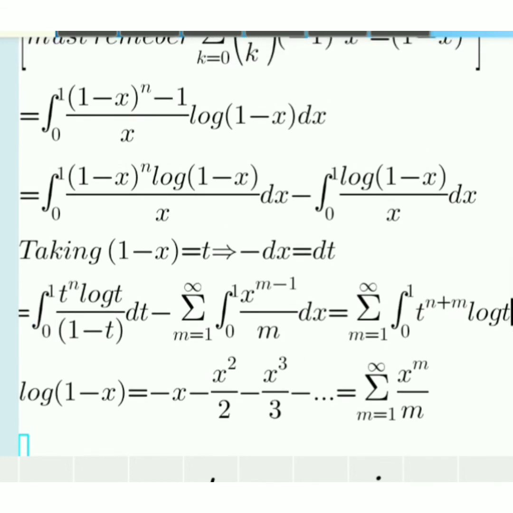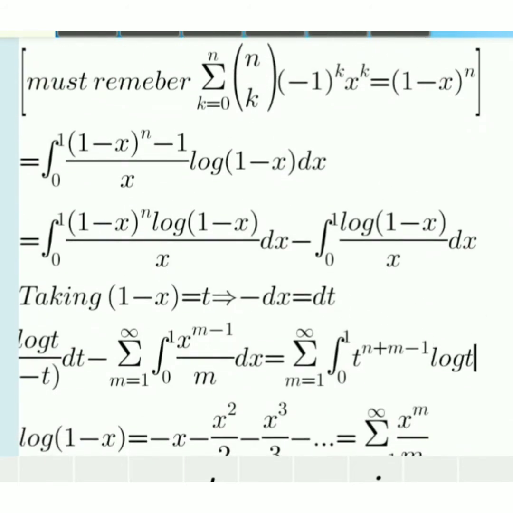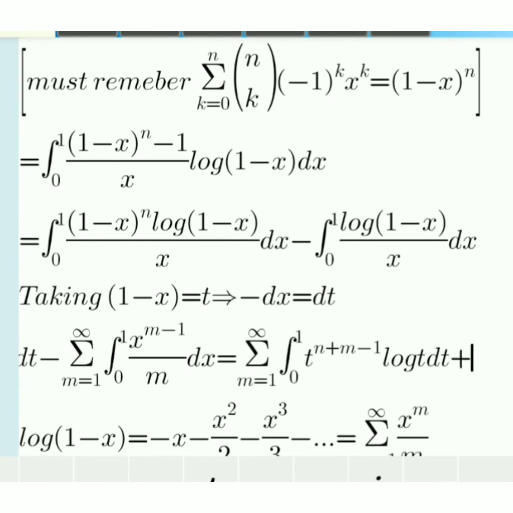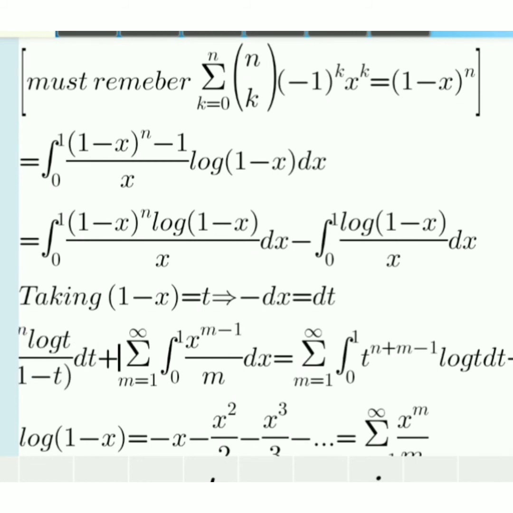Okay, 1 minus t means, okay, no problem, n minus m. Okay, 1 minus x whole to the power n minus m, equals 1, 2, so it should be n minus m minus 1. As I write m equals 1 to infinity, actually it starts from m equals 0 to infinity, then t to the power m I can write, no problem. And it can be written dt plus, whatever, this minus should be plus, so it is minus,